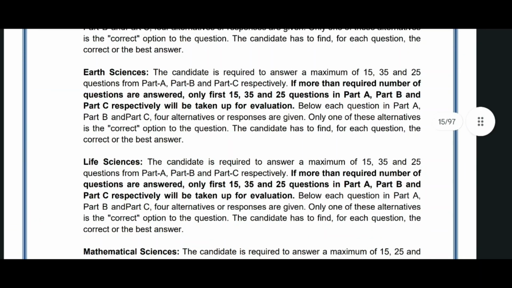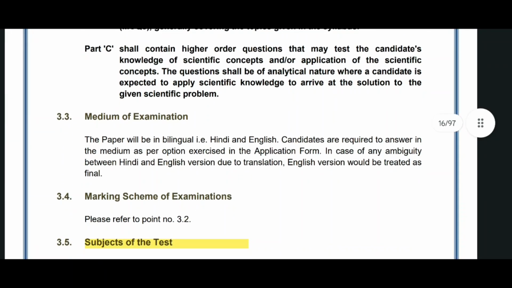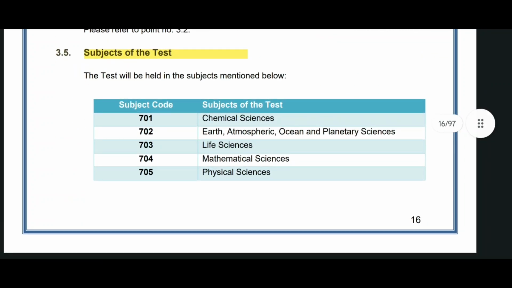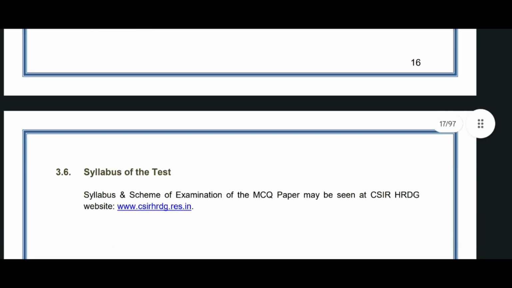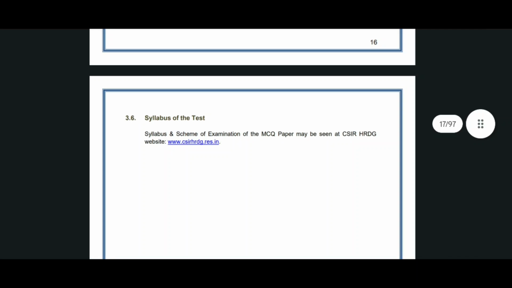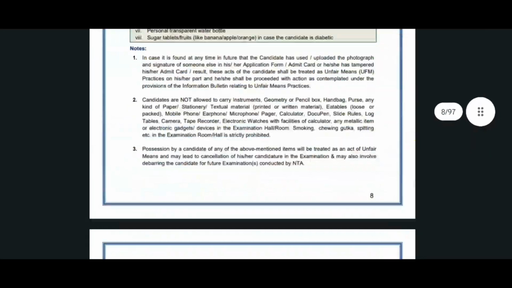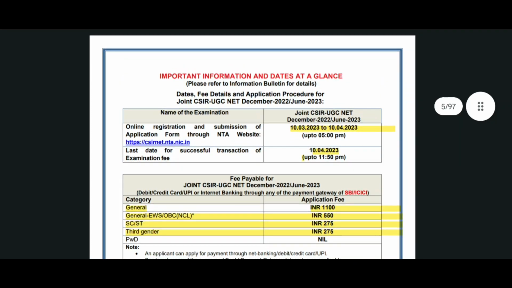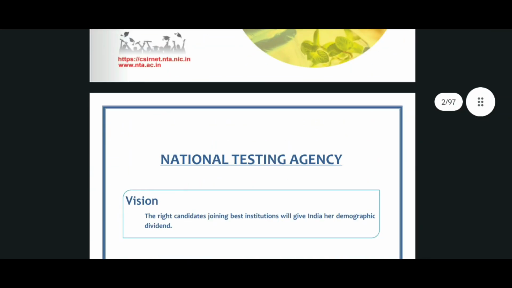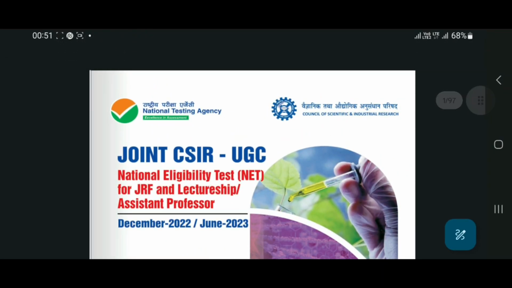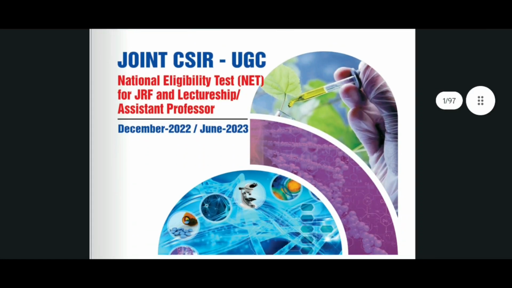After that, all the things are written. Before filling up the examination form, you should know all the subject codes, because you need those subject codes while filling the form. All the information is given in this information bulletin. I am saying that you should read the information bulletin at least once before filling up the form. Because if you do anything wrong with the application process, then the application can be